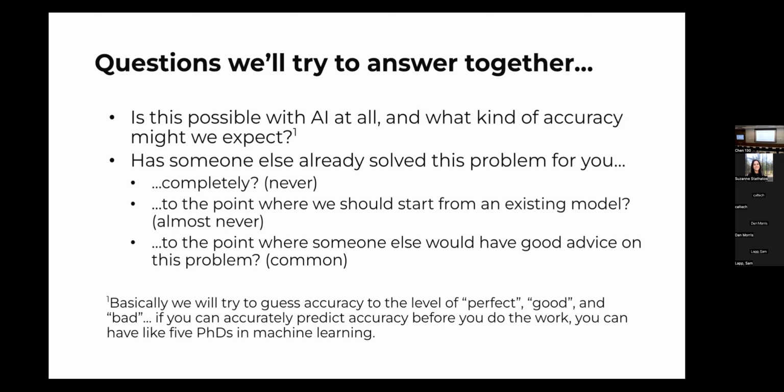And importantly, as you hang out with all the other folks in that room and other folks in the field, you'll start to have a sense of what other problems people have already worked on. And so, of course, an important outcome is, has somebody else already trained a model that would be really useful for you? It is really rare that somebody has trained a model that will completely solve your hypothetical ecologist friend's problems right out of the box. I wouldn't say never, maybe, but it's pretty close to never that it literally solves the whole problem right out of the box, and they don't know about it already.